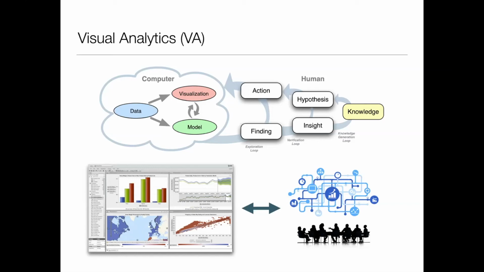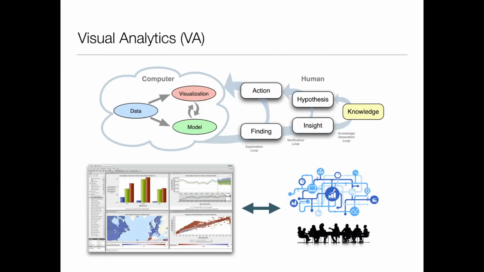And then the hypothesis leads to an action, like you go there and you do something, and the action goes back to the computer, which reprocesses that, updates the visualization, updates the model, and so on. And hopefully, if that goes well, you get a knowledge generation loop. So let's say you generate knowledge, that would be ideal, right? That would be the final goal of the visual analytics approach. That would be where we would like to get to: generating new knowledge about this data set that you're exploring.